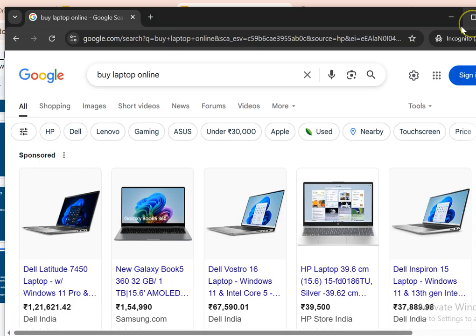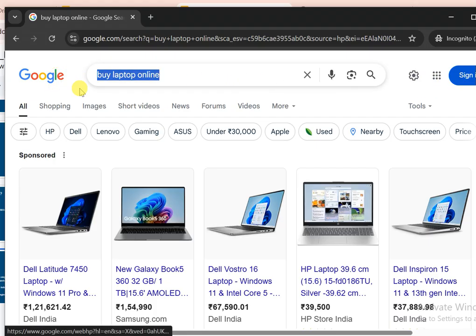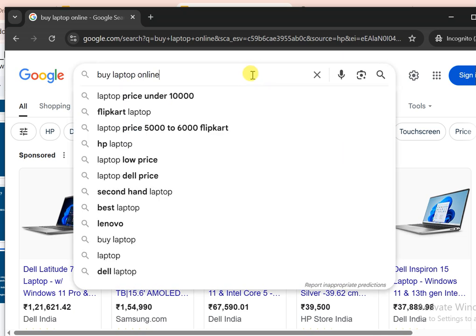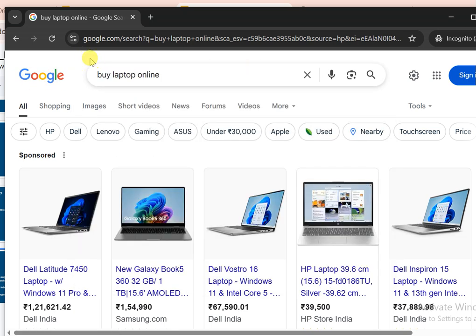You guys don't think much about what exactly the terminology is, like what is keyword, what is SERP, what is on-page. Don't think much about it. I'm just trying to explain what exactly the key terms are.